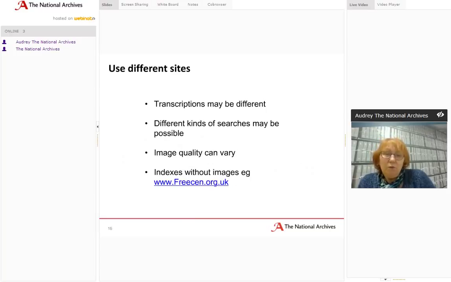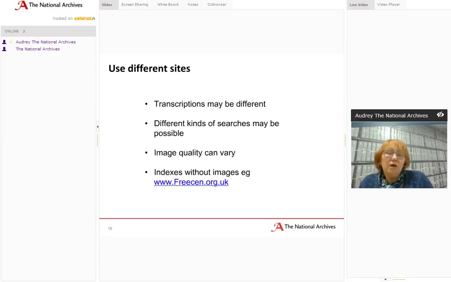Another thing that you might want to do, and I strongly suggest you do when you can't find somebody, and you've tried all the suggestions that I've already made, is try a different site. If you're subscribed to one site, whether it's Find My Past or Ancestry or one of the other sites that have got the census on, try using a different site. We can get very comfortable and get very used to the way a particular site works, and we may be very fond of using that and be reluctant to try a different one, but it is often worth doing,